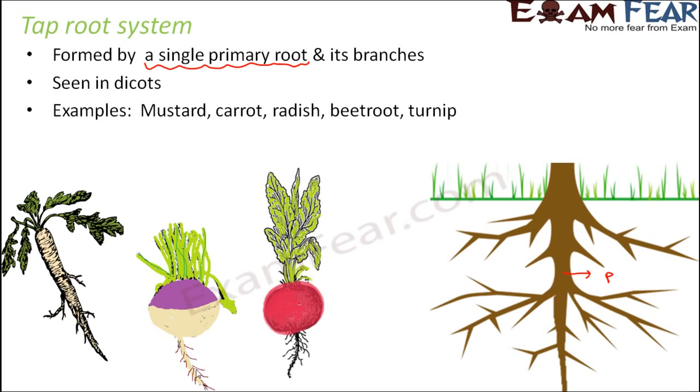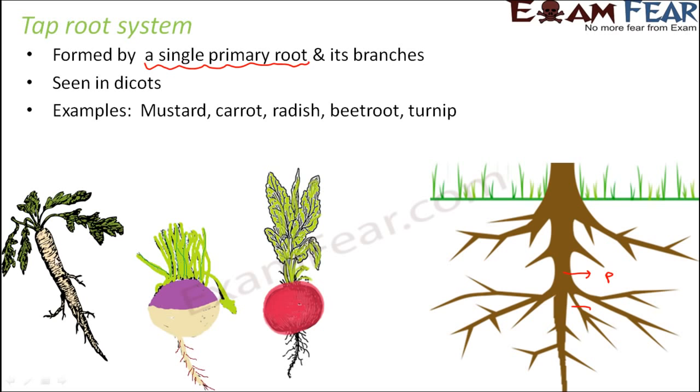Similarly, in case of a turnip, this entire thing is my primary root. But now if you look at it, you might be wondering that I always thought the root is something which is a rod-like structure from where thinner structures originate. It is something like how it is shown in this figure. But here if I look at this turnip, how is a spherical shaped object a root? That is what we will study as we go ahead, that in many different plants the roots are modified into many different shapes. So taproot system is that kind of a system where you have one primary root,